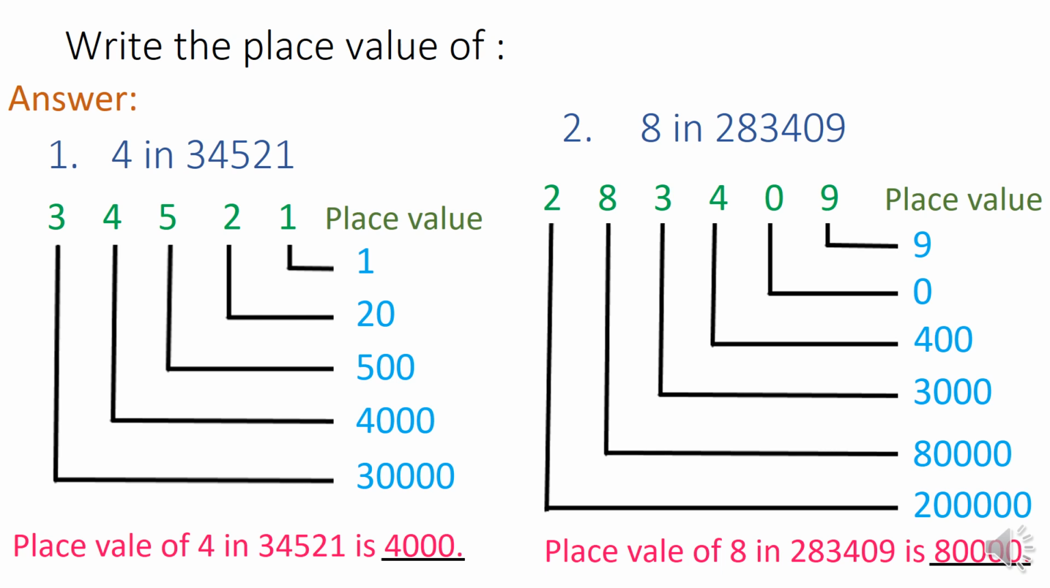So the place value of 1 is 1. The place value of 2 is 20. The place value of 5 is 500. The place value of 4 is 4,000. And the place value of 3 is 30,000. So the place value of 4 in 34,521 is 4,000. Our second question is, write the place value of 8 in